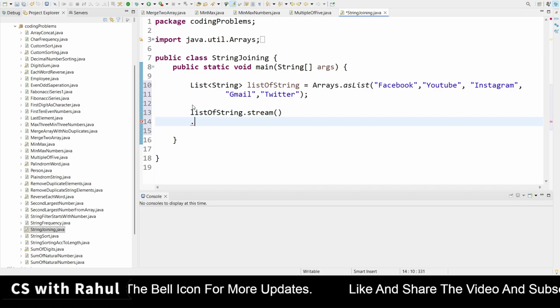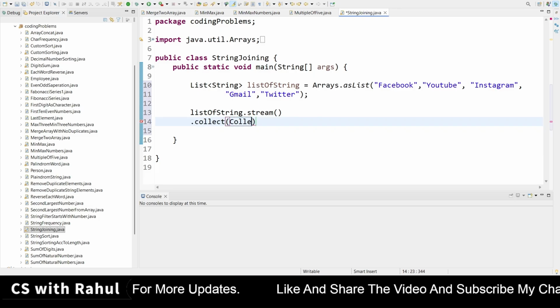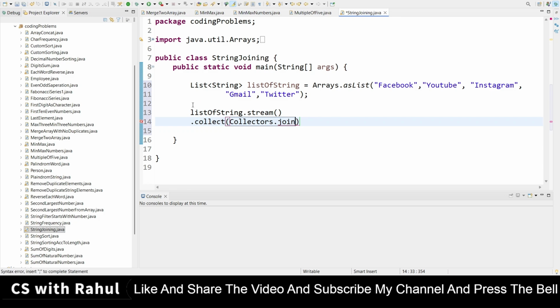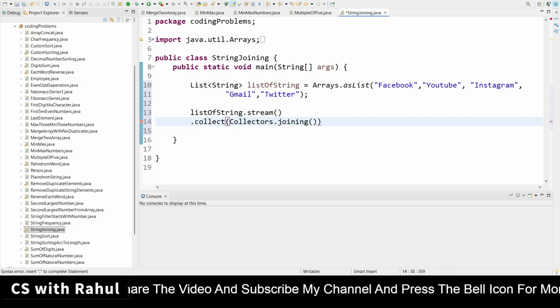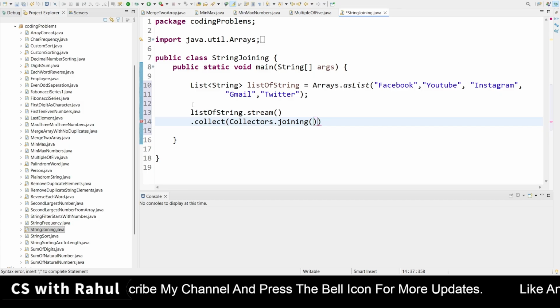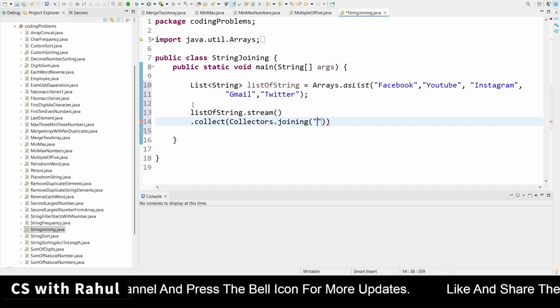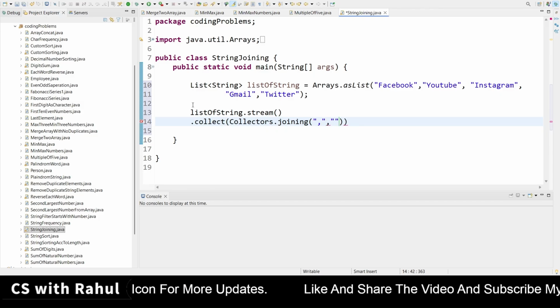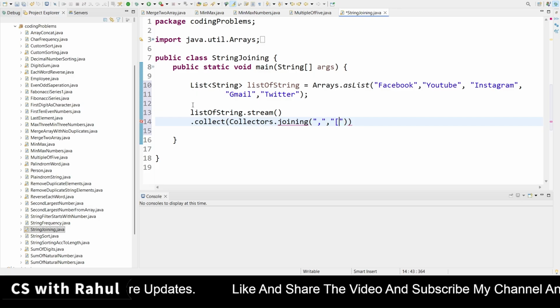Here I am calling collect, and in the Collectors class we have one method which is joining, which will join the strings. So we have to provide three parameters. First I am providing the comma, and after that the open square bracket. Means the first one is the delimiter,